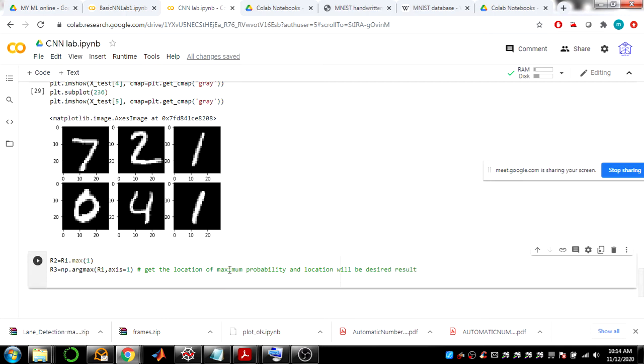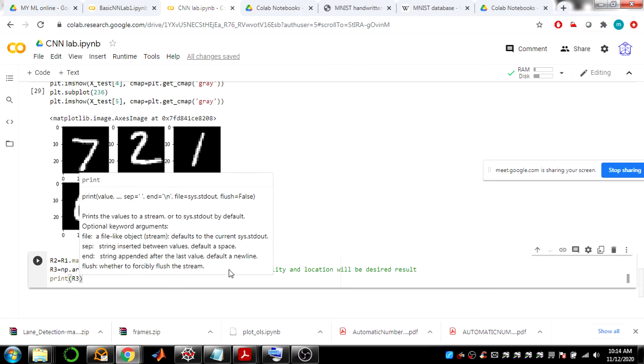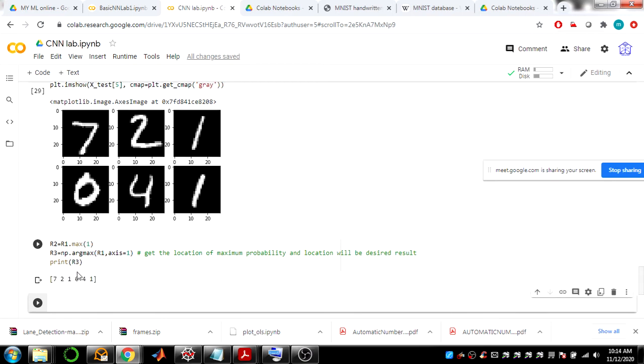If I print R3, you can see what are the digits predicted. See, 721041, 721041. So it has predicted exactly the same results.